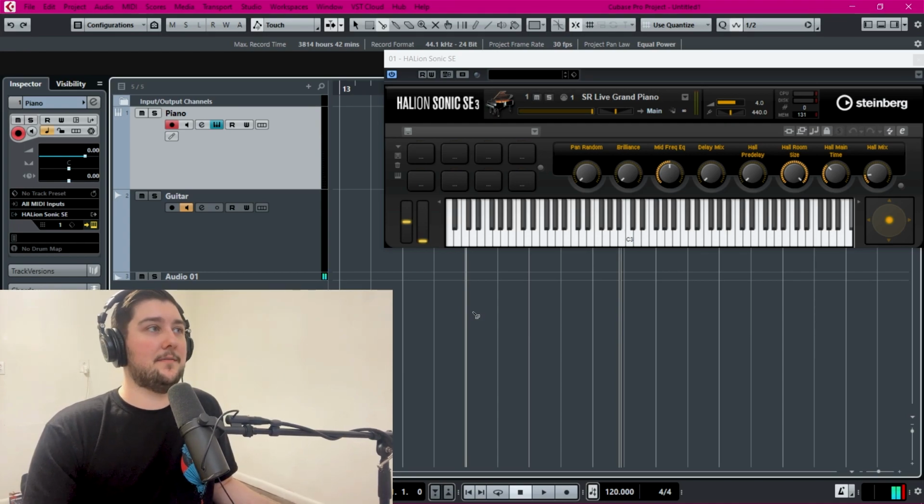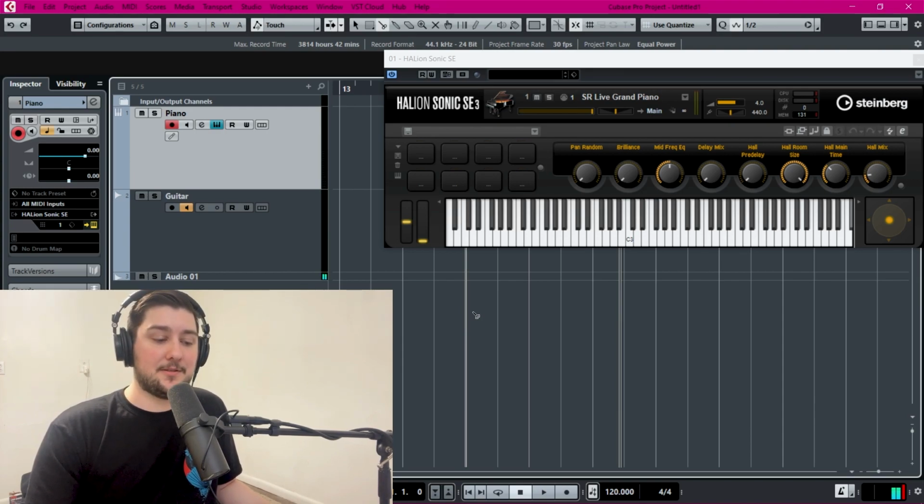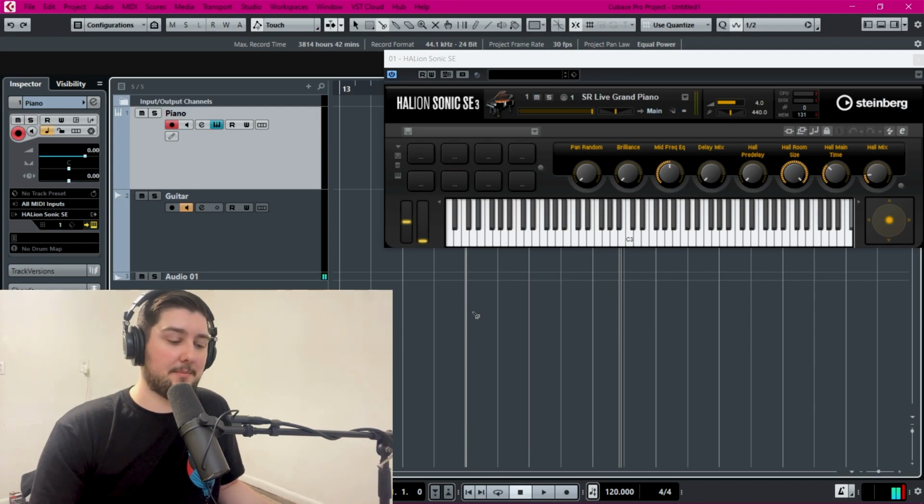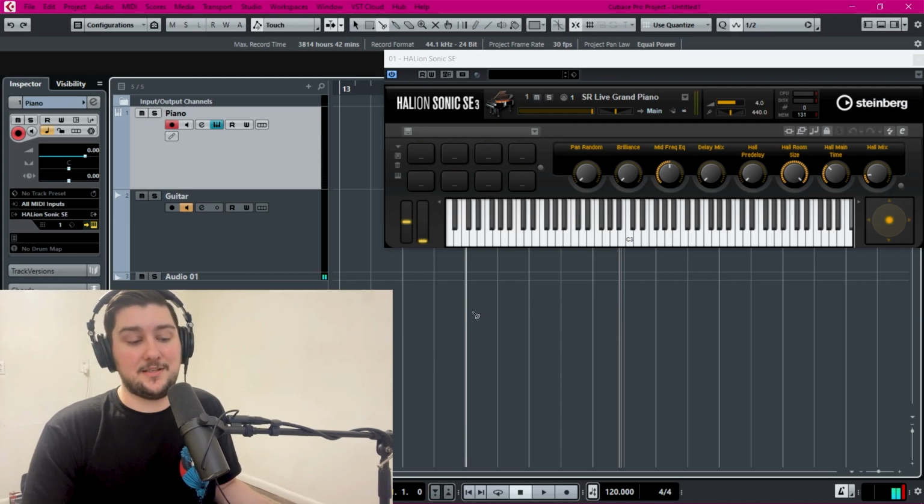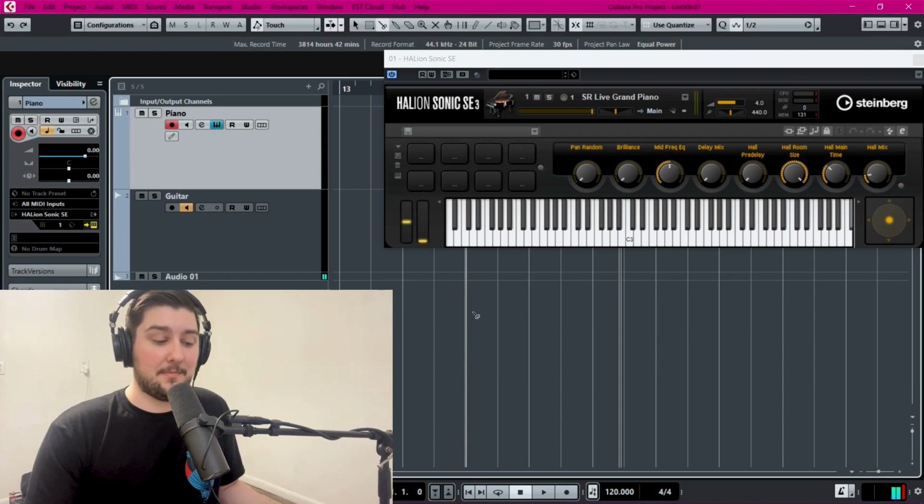In D major, you have 2 sharps, it is F sharp and C sharp. In A major, you have 3 sharps, F sharp, C sharp, and G sharp. In E major, you have 4 sharps, it's F sharp, C sharp, G sharp, and D sharp. In B major, you have 5 sharps, it's F sharp, C sharp, G sharp, D sharp, A sharp. In the key of F sharp major, you have 6 sharps, it's F sharp, C sharp, G sharp, D sharp,